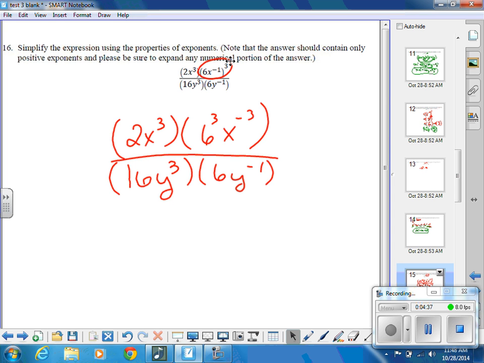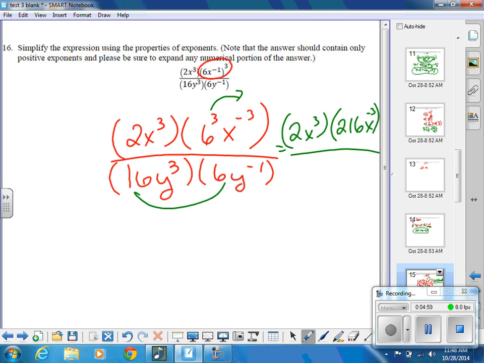Now, my next bet is to start multiplying and doing those exponents. So 6 to the third power here, it's a big number, that's 216. So I end up with 2x cubed times 216, x to the negative 3, all over. Now I can multiply these down here. I end up with 96, and I'm going to write the y cubed and the y to the negative 1